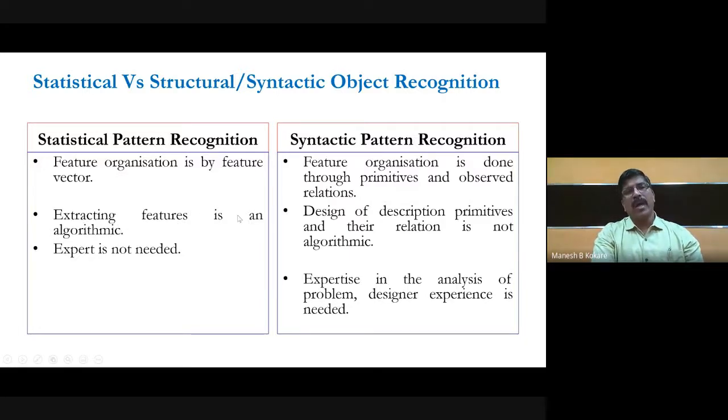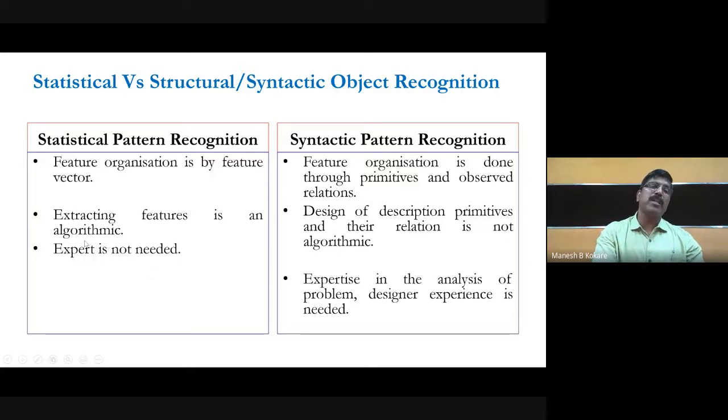So in statistical pattern recognition, extracting features is an algorithmic process, whereas the design of the description of primitives and their relations is not algorithmic. Here the knowledge of that domain is very, very essential for developing the relations between the primitives and so on, whereas for statistical it is not much needed.